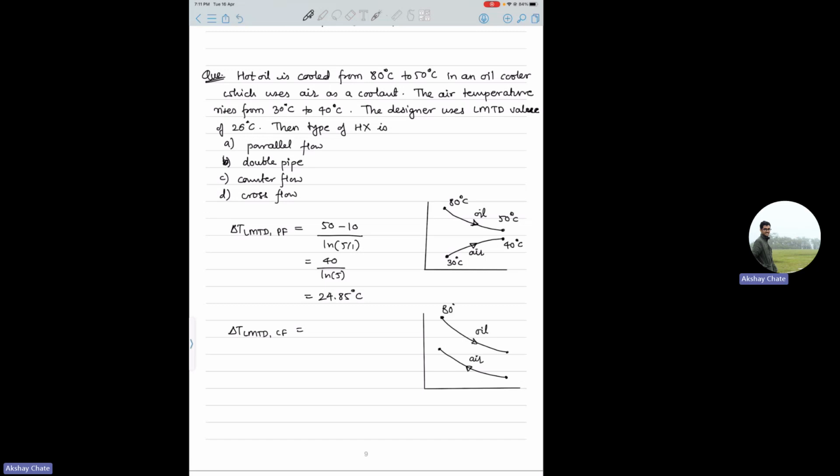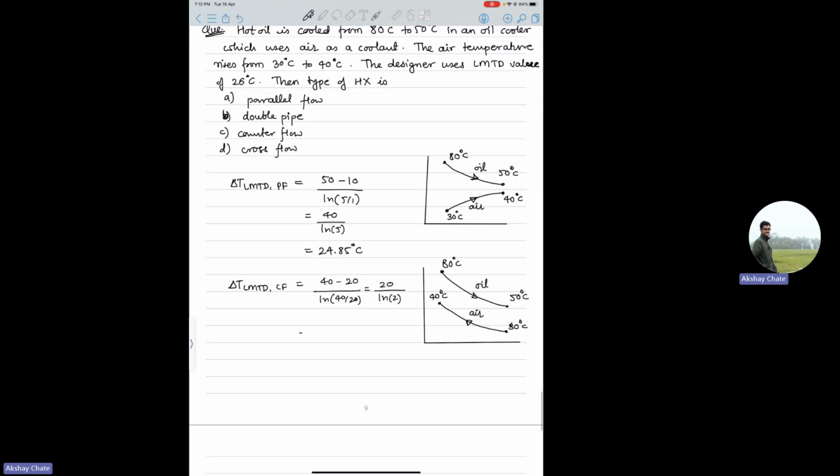Same temperatures will have 30 degrees Celsius, and this will be your 40. So now your delta T at inlet is 40, and at the outlet it is 20, and you'll have ln 40 by 20. So basically ln 2. So 20 by ln 2. And if you do that calculation, you'll get it as